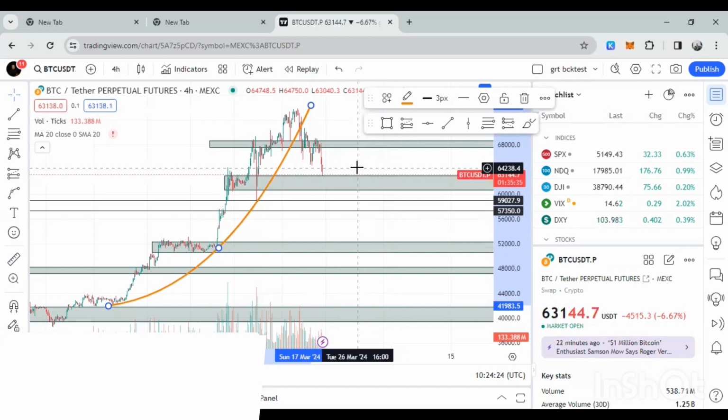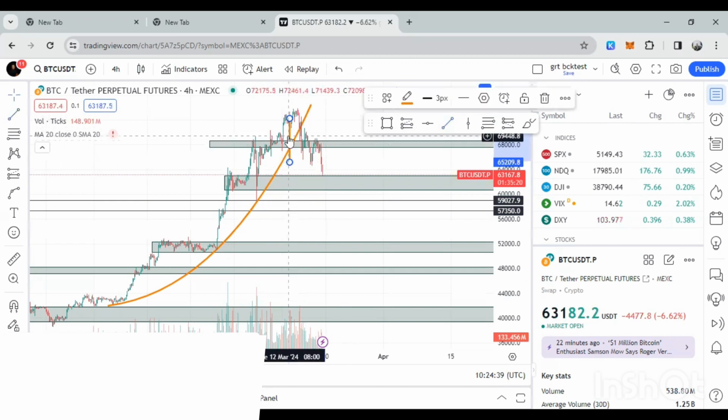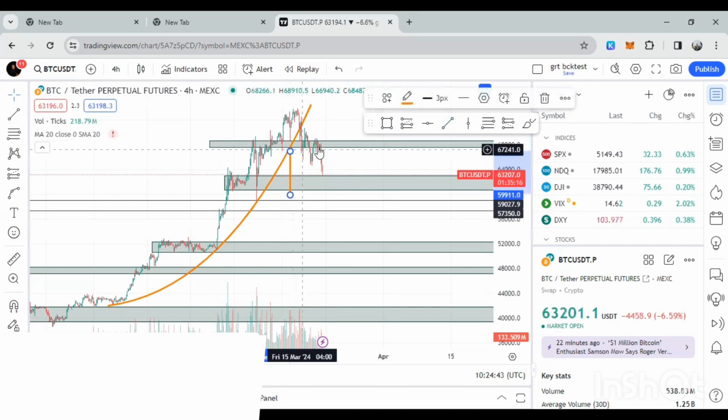Okay, I know what I said now might not really be clear to you, but if you understand what that head and shoulder pattern means, you will discover that this is already playing out little by little. Okay, if I'm to take this right here, you would see that for the small head and shoulder that we have right there, we're actually almost beginning to hit the target, okay? Because then